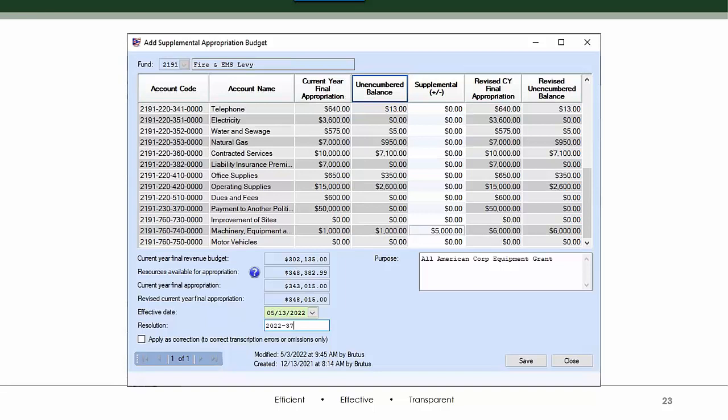Now, I probably would not know the resolution number. I could leave that blank, because the software doesn't require the resolution number; you don't absolutely have to put it in there anyway. So if you're putting it in ahead of time because you know you're putting that resolution in front of the board, and you know they're going to do this, then yes, you can put it in ahead of time. You can't spend it, and you can't send a resolution to the county until it's actually adopted and signed. But the software is going to let me put that in, dated the meeting date.